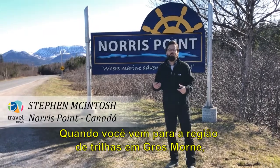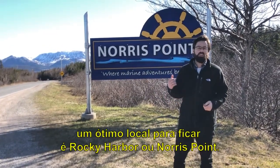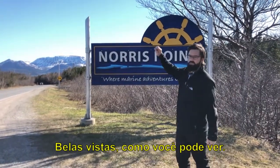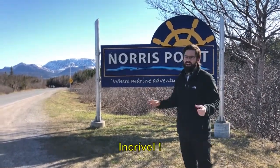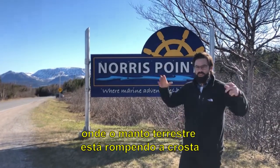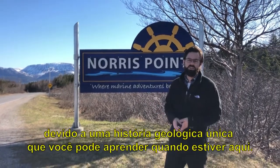When you come to the Gros Morne hiking area, after a long day of hiking, a great spot to stay is either Rocky Harbour or Norris Point. Beautiful vistas, as you can see, awesome. You can see the Tablelands over here. That's where the Earth's mantle is breaking through the crust due to a unique geological history, which you can learn